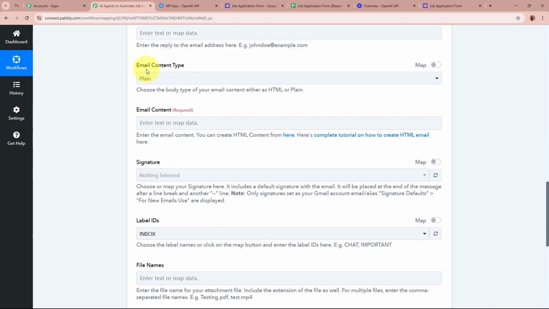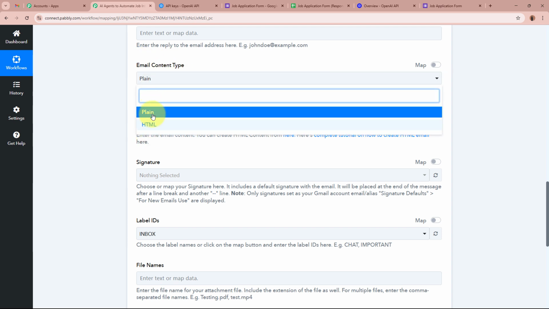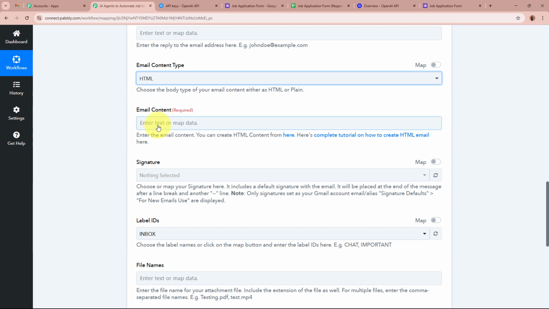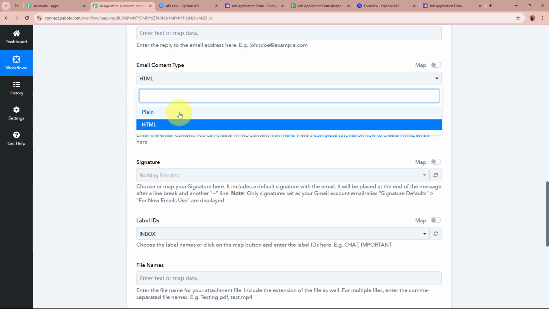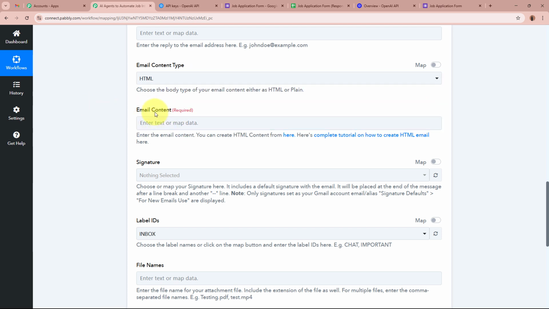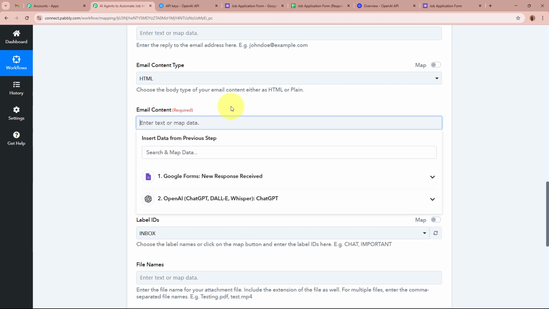Now it is asking for the email content type. For the email content type, there are two options, plain and HTML. I am selecting my email content type as HTML. For this email content body, I'm going to write in the HTML format. If you want, you can also select it as plain for simple formatting as well. After selecting the email content type over here as HTML, for the email content body, this is the main